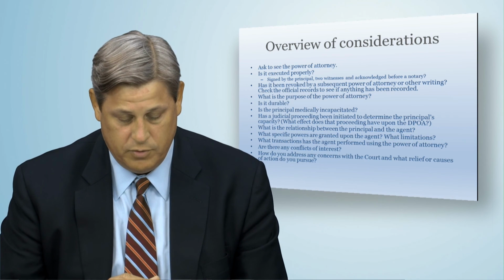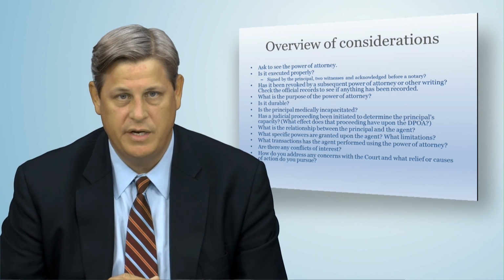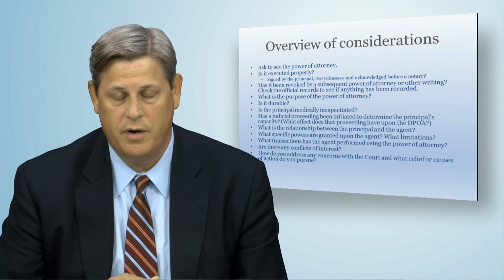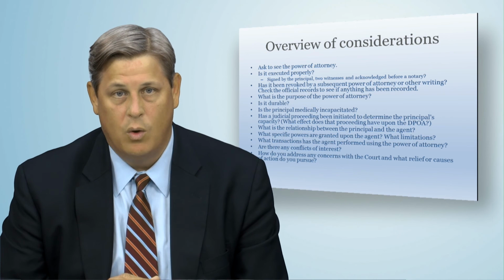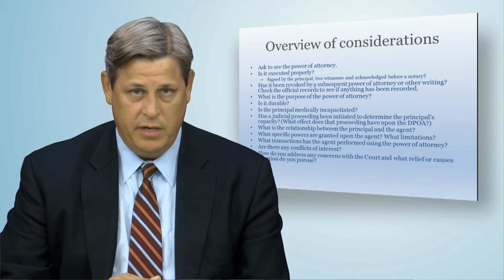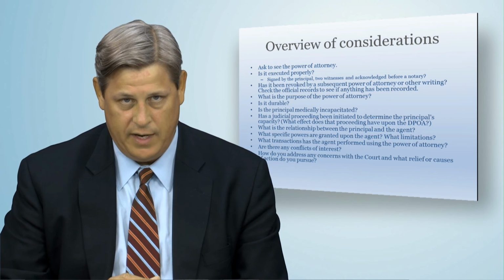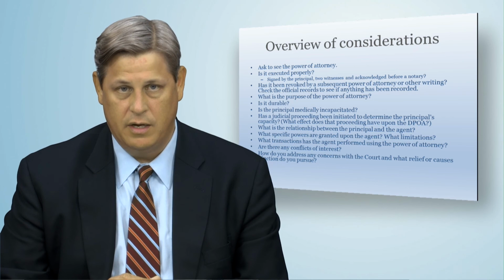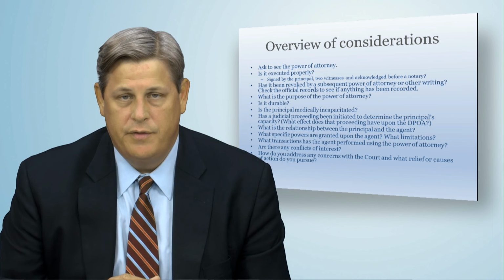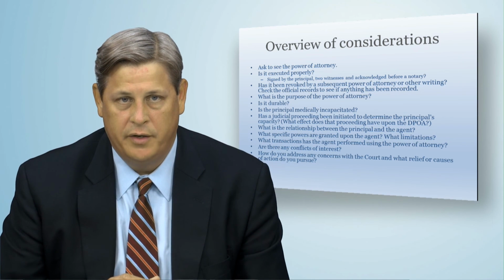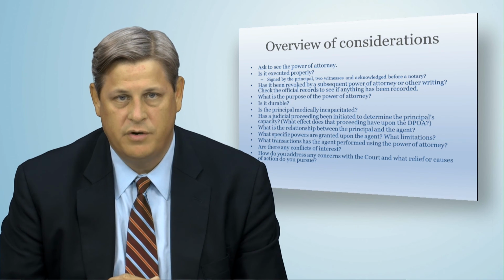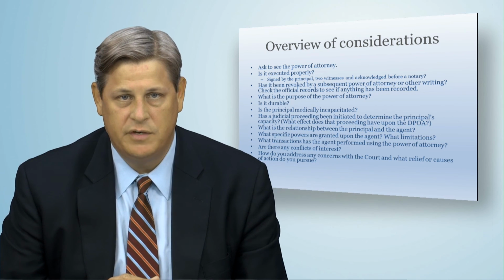If it is durable, has any judicial proceeding been initiated to review the validity of, or to determine whether or not the principal has lacked capacity or is in need of a guardian? If so, and that proceeding is pending, does that proceeding have any effect upon the validity of the pending power of attorney? If it is not the spouse, the parent, the child, or the grandchild, the existence of that proceeding all by itself may mean that that power of attorney is suspended during the pendency of those proceedings.